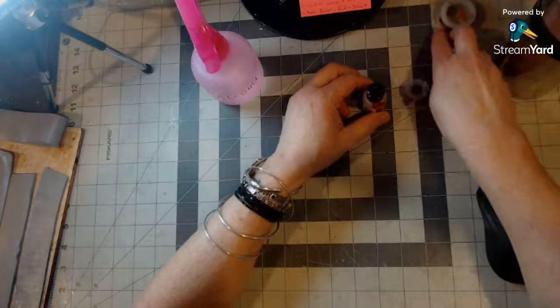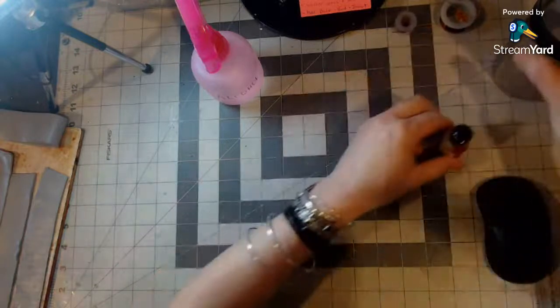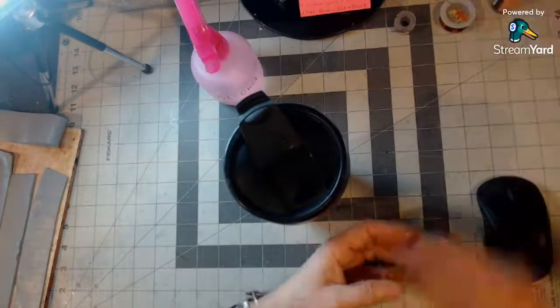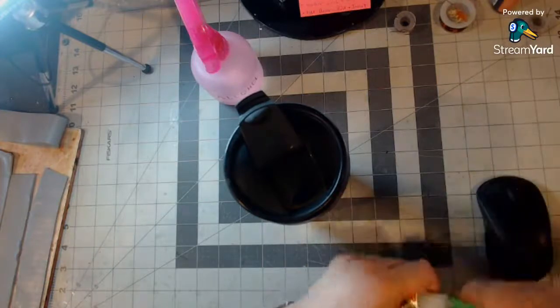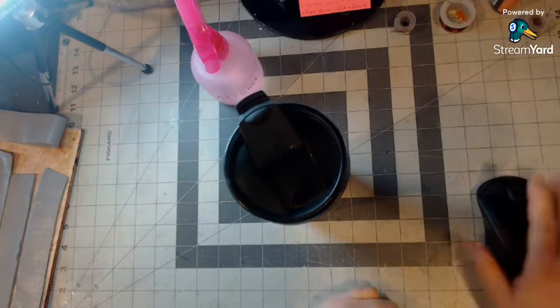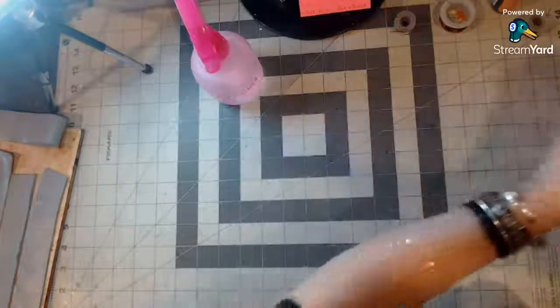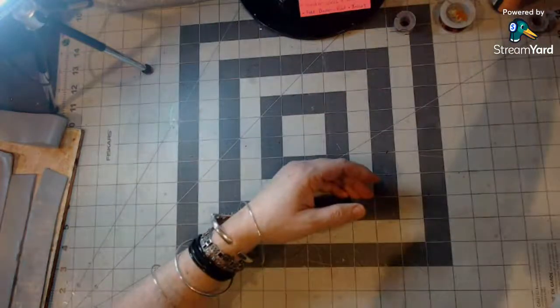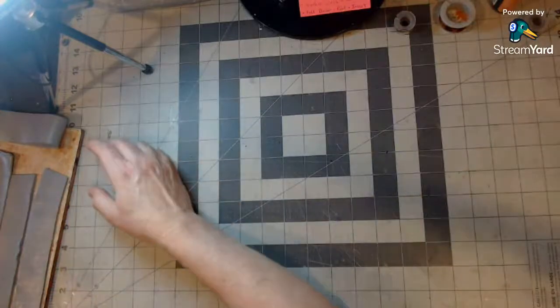Okay, so let me clear up all of the leaf building stuff. Let's leave that, and when it dries, hopefully it will dry in the time that it takes me to finish making my tree trunk. I'll show you what color it looks like. Okay. Now,